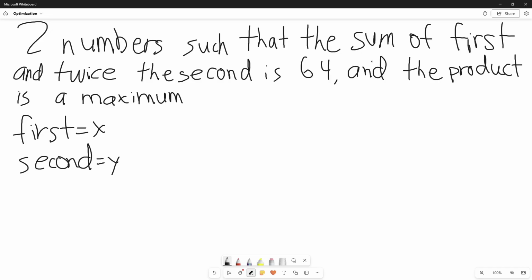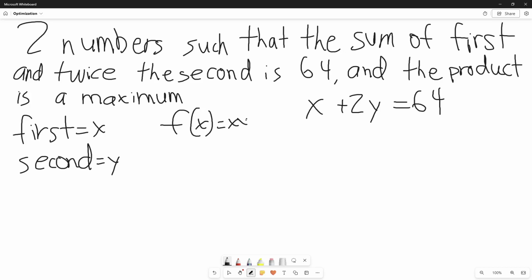And because we can already write one equation from this information, that the sum of the first number plus twice the second is equal to 64. But this isn't enough to find out the values of both x and y. But we're given that the product is a maximum, and the product is just x times y, and this is going to be our function. So we can write f of x is equal to x times y,